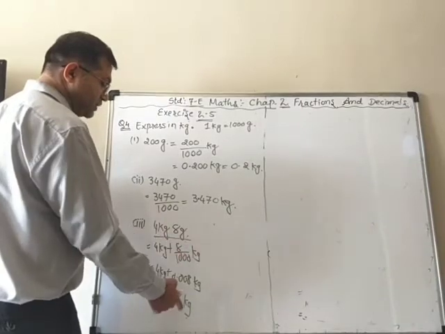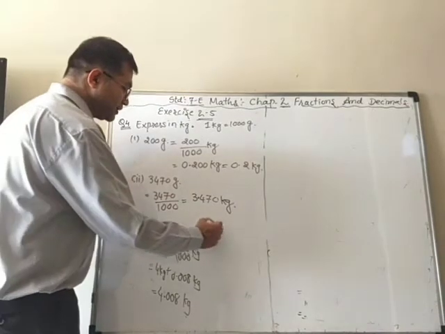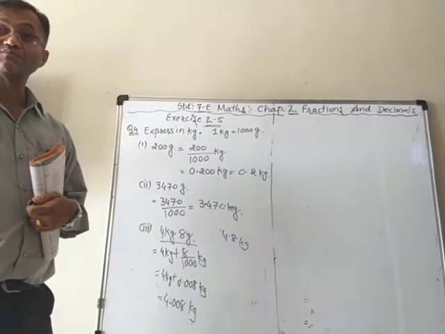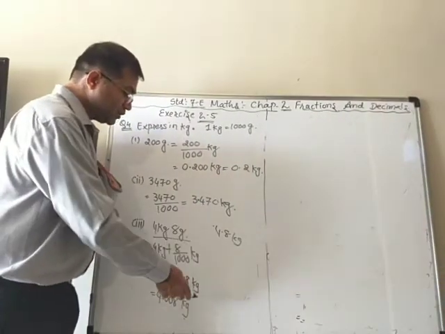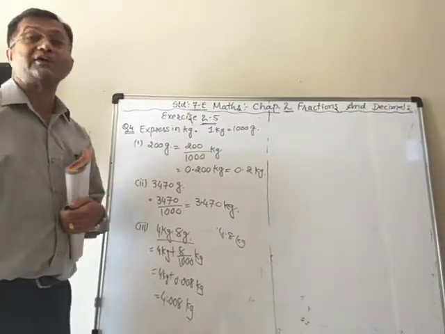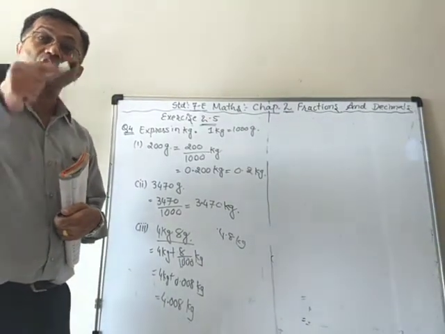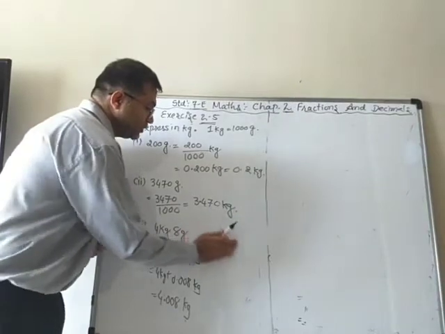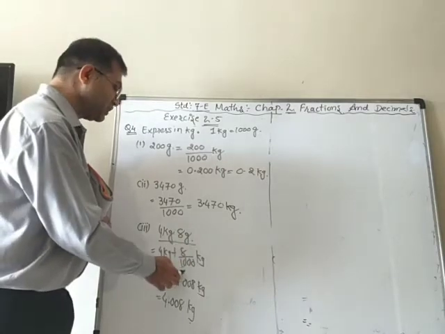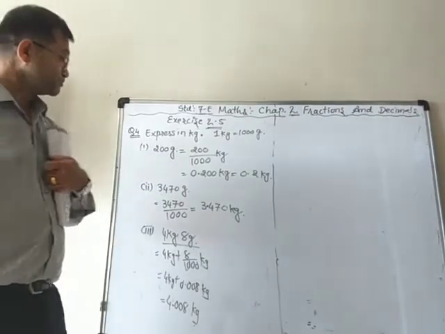Here there is a chance of making a mistake. Sometimes people don't do that. If it is in the MCQ, you can have 4 kilogram, it means 4.8 kilogram. It is wrong. Why? Because when we convert gram to kilogram, we have to divide by 1000. So you cannot directly put 0.8, because 8 gram means 0.008. Therefore, be careful when it is in the MCQ. If it is direct, then you will be able to, because you have to put 8 upon 1000. But in a hurry, don't make that mistake.